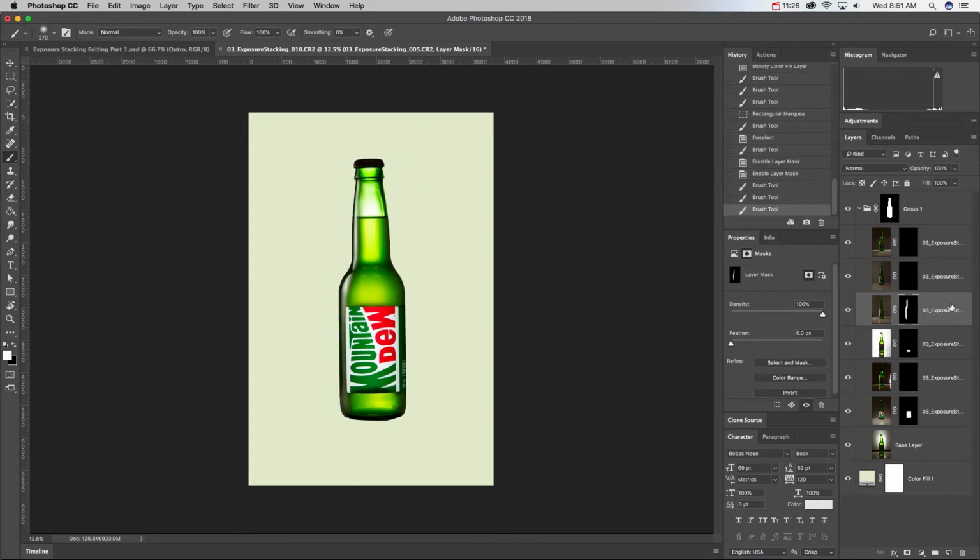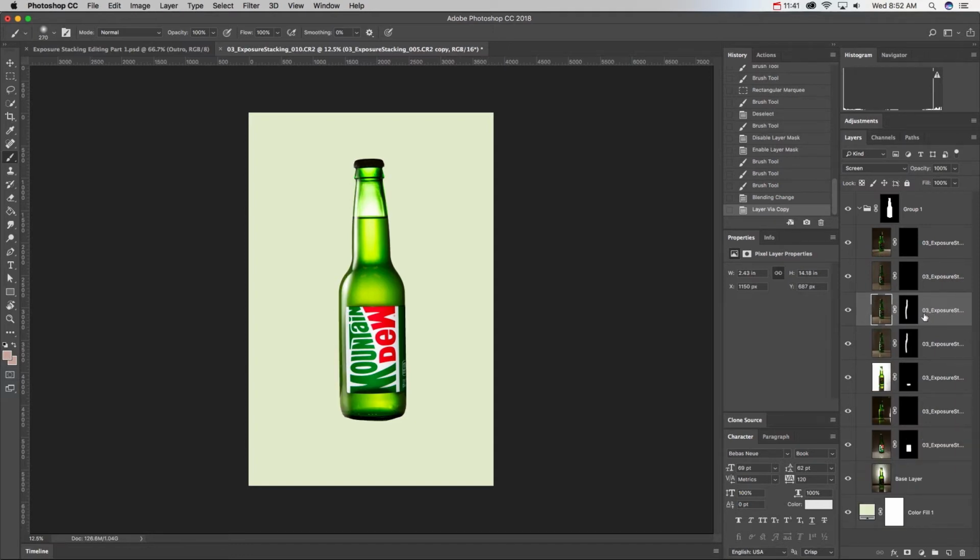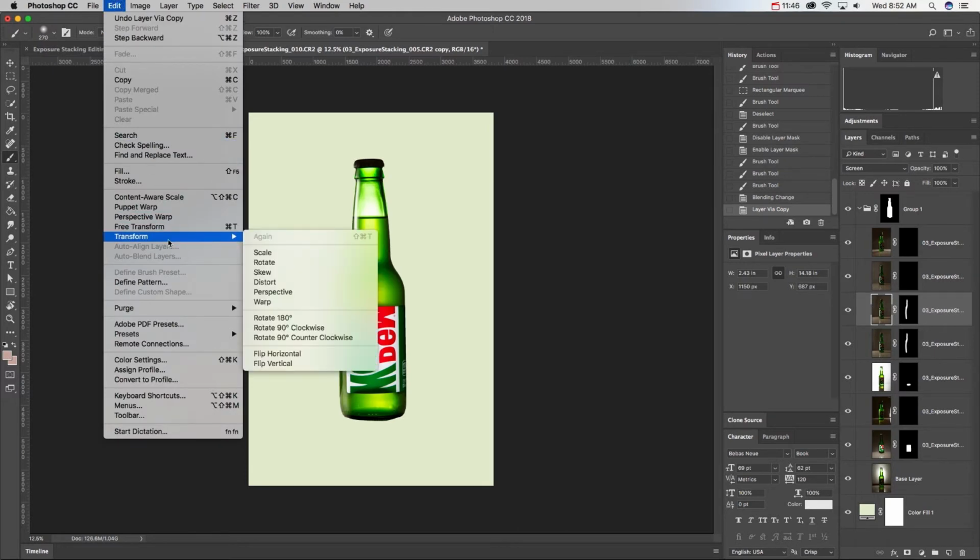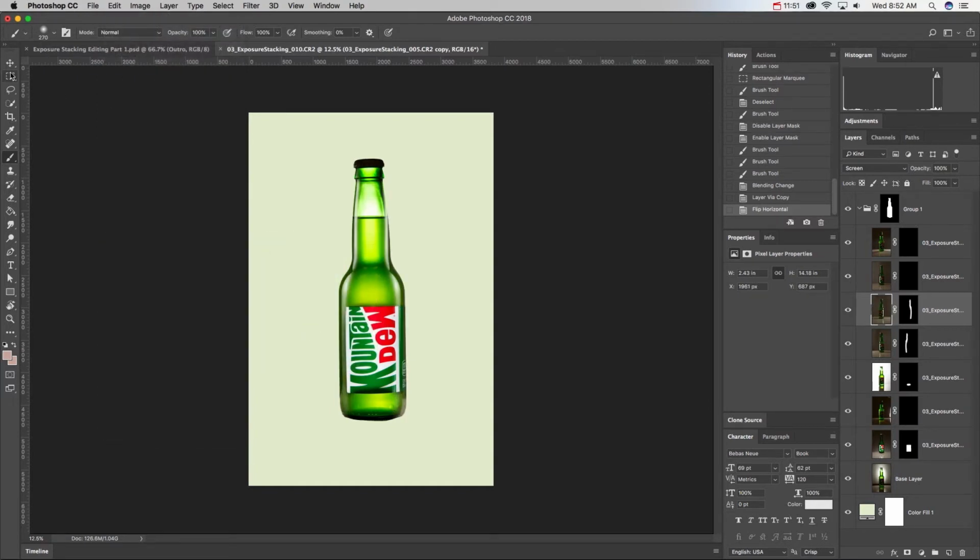Now there's a lot of stuff that we can do with this. We could take this layer right now because it did make some areas a little bit darker, and change its blending mode to screen. That'll cancel out some of those darks. We can do something like Command J and duplicate that layer, and then take that layer and flip it horizontally because I do like that highlight. Basically I've just flipped this image, but it's giving me this highlight over here as well. I see that they're not lined up perfectly, but